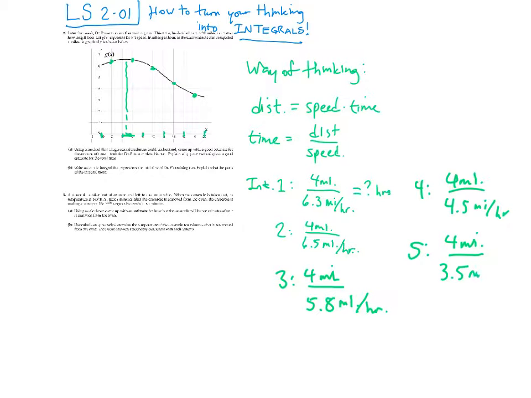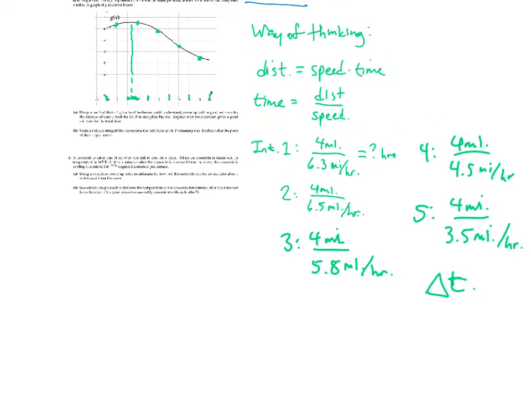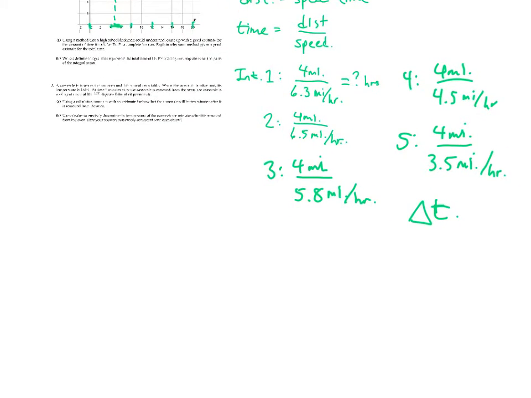Remember, each of those represents the estimated time it took me to run some subinterval. That's delta t there. So I've got five amounts of time which are going to get added up to give me the total time it took to run 20 miles. Try saying that 5 times fast. All right. Anyway, so the total of these times